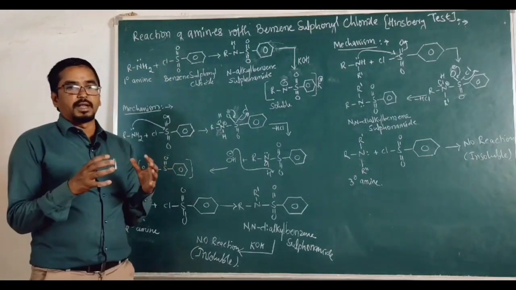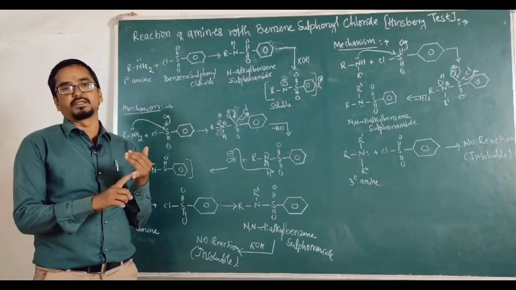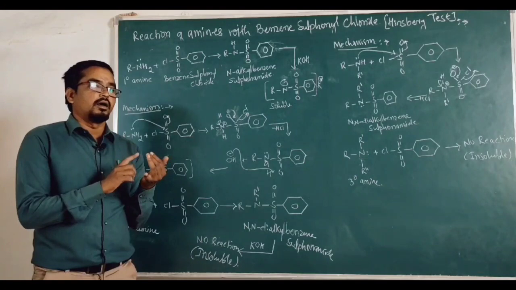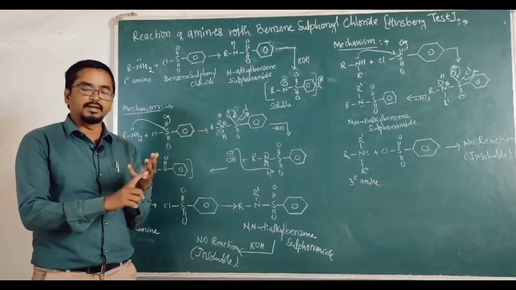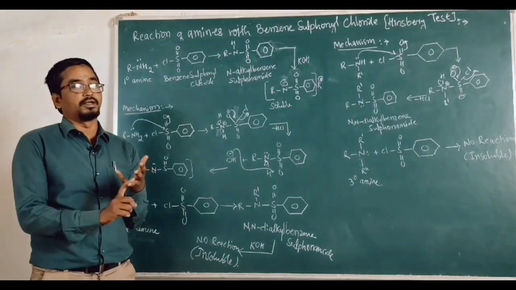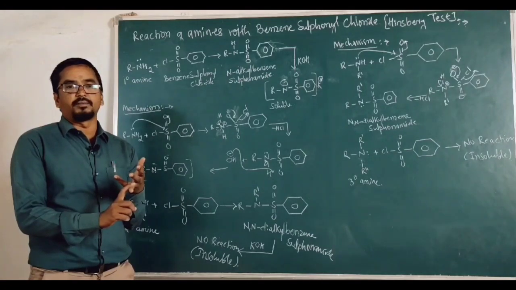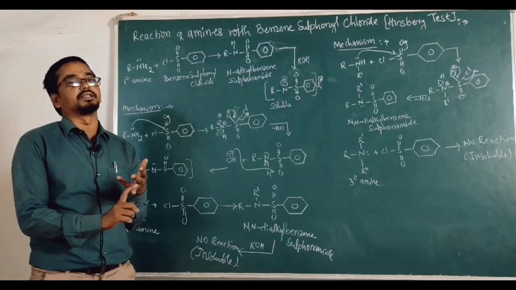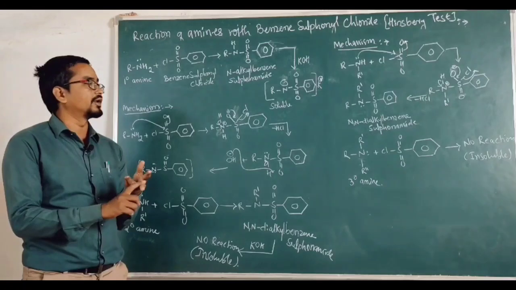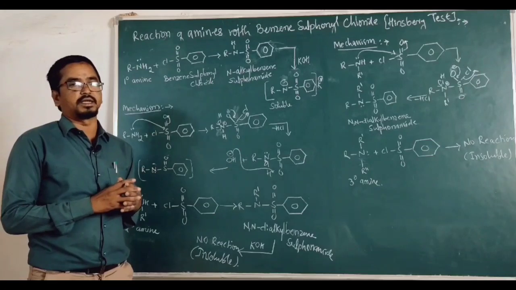So in this way you can distinguish the primary, secondary and tertiary amine using the Hinsberg reaction. Primary amine reacts with benzene sulfonyl chloride, leading to the formation of N-alkyl benzene sulfonamide, which is soluble in KOH or alkalis. Similarly, secondary amine also reacts with benzene sulfonyl chloride and it is insoluble in KOH because the N,N-dialkyl benzene sulfonamide does not contain acidic hydrogen, hence it is insoluble in alkalis. Similarly, tertiary amine does not contain any acidic hydrogen, therefore it does not react with benzene sulfonyl chloride, hence it is insoluble. In this way you can distinguish the primary, secondary and tertiary amine.